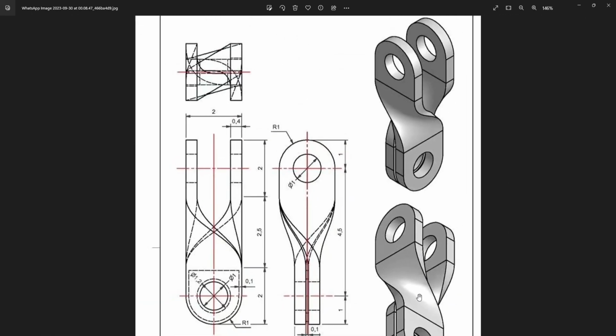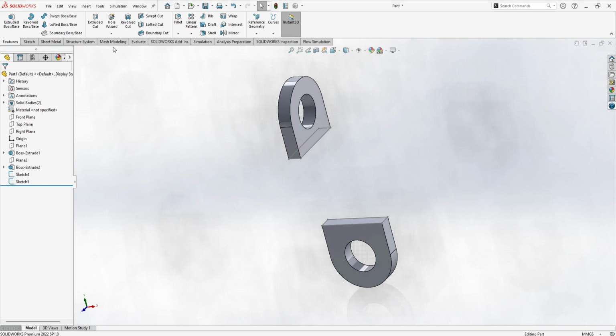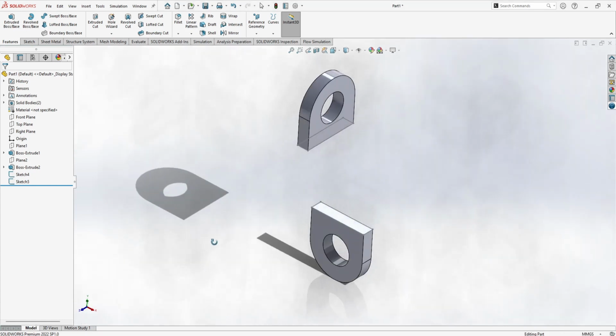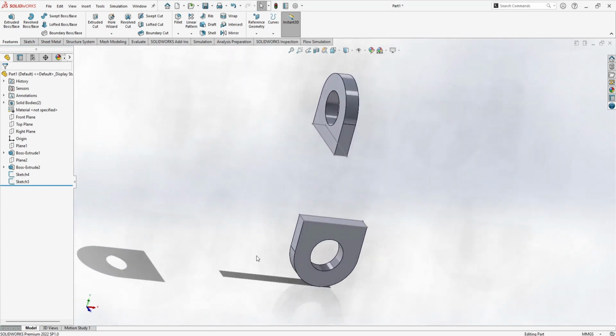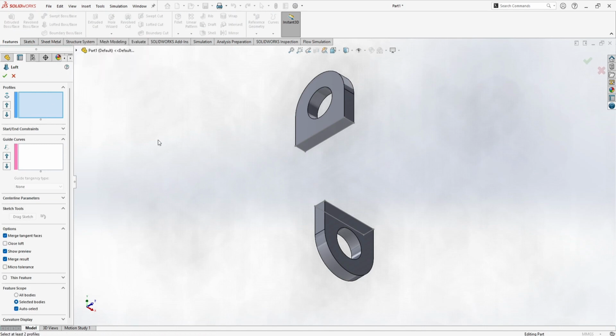For this, I'm going to delete this Lofted Boss/Base and press Control 7 for isometric view, spacebar, and just rotate it like this and select. Now I'm going to Lofted Boss/Base, and here I'm going to select this edge and this edge. Now you can see,